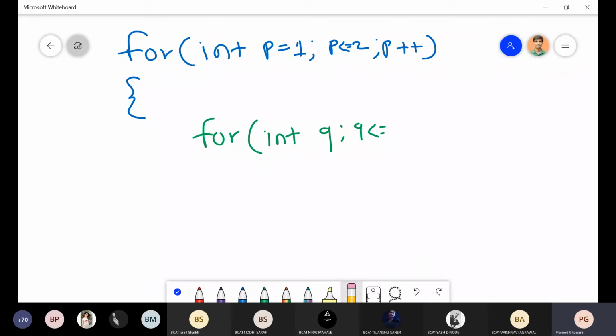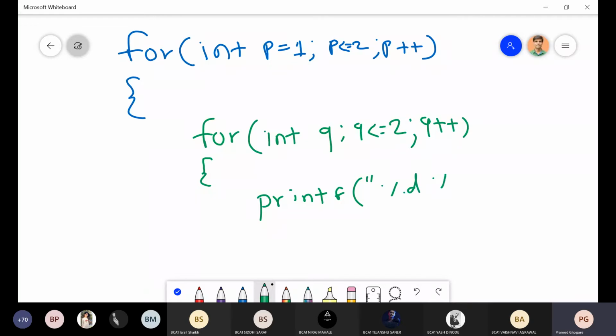If you find it difficult, we'll write simply 2 here. q plus plus. printf %d p comma q. End of the inner for loop, end of the outer for loop.